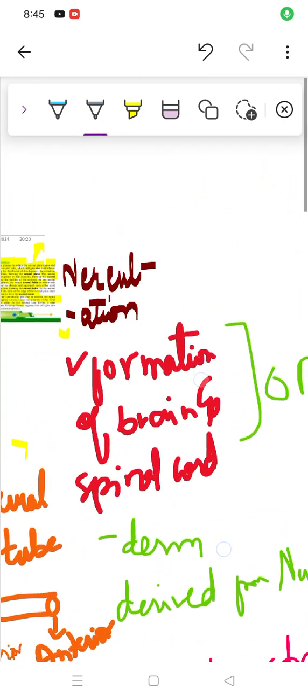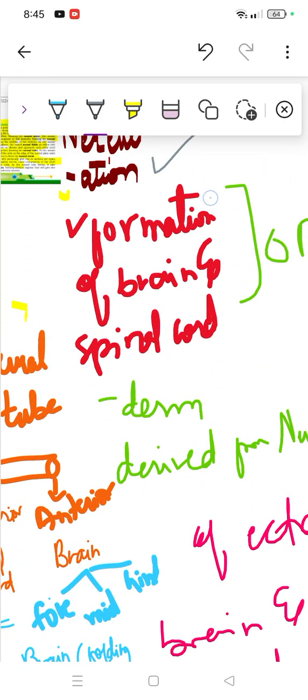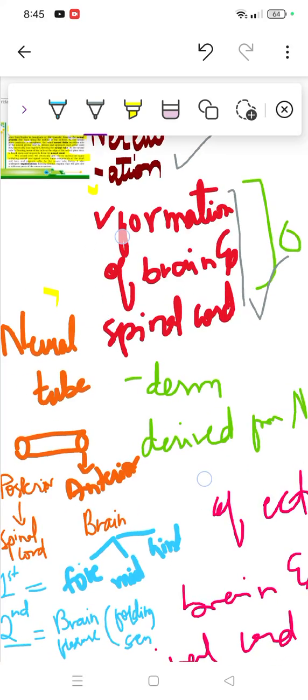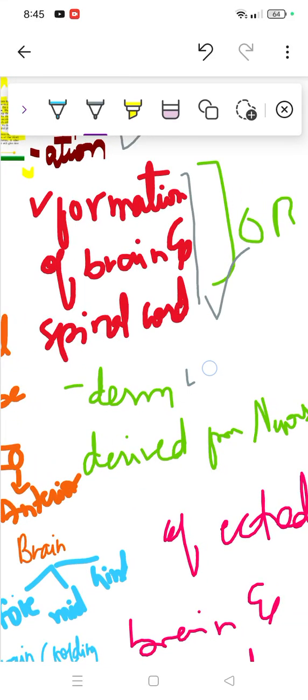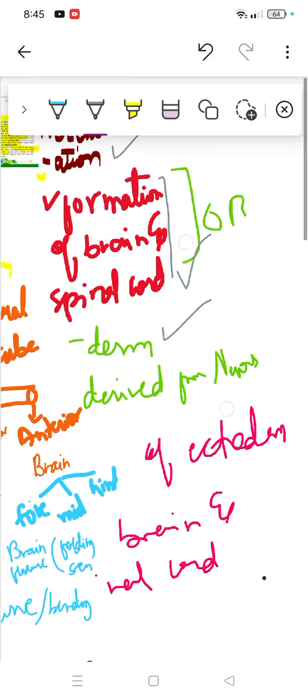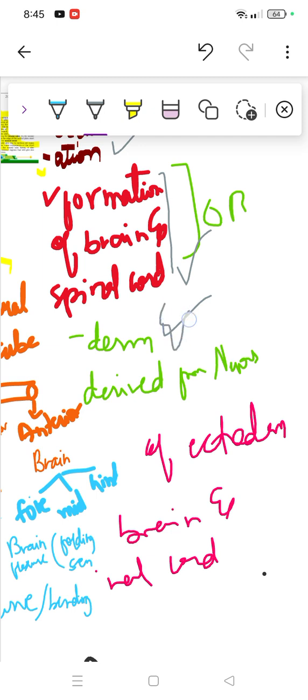Okay, so we start a new chapter which is neurulation, which is simply the formation of the brain and spinal cord. This would be an overview class because we need to discuss the last remaining topic of this one. So we just start from ectoderm. Here it was written ectoderm because everything starts with ectoderm, which is the outer covering, which is derived from the